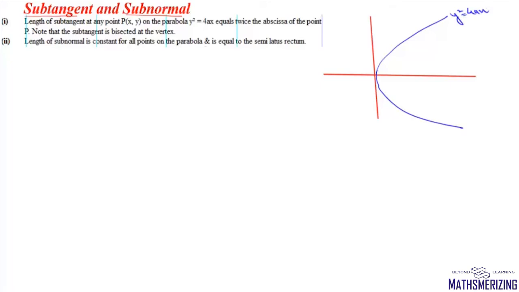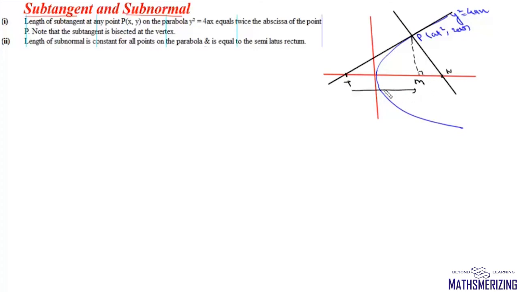Now at any point P, say (at square, 2at), if we draw a tangent which intersects x-axis at point T, and we draw normal at point P which intersects x-axis at point N, and we draw perpendicular from P to x-axis, and suppose this is M, then